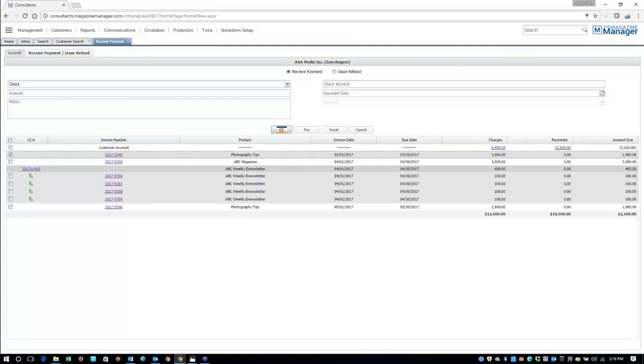Now, let's say that I just received in the mail $1,000 cash from this customer. So I need to post this cash payment, and this payment was made as a partial payment on this March invoice. So I'm going to go through and I'm going to record this as a check. I'm going to put my check number in here. I'm going to put my check amount, which was $1,000,